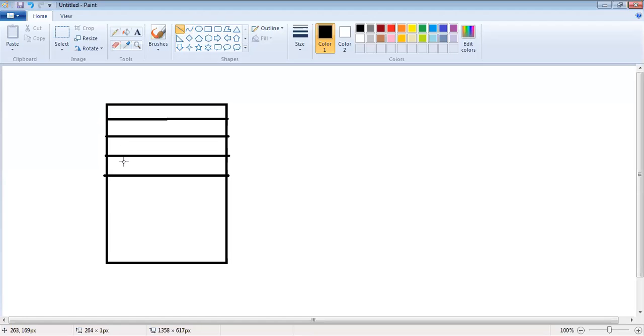1, 2, 3, 4, 5, 6, 7, 8. 8 bytes are there, right? So what happens here? The first 4 bytes are allocated for D1?